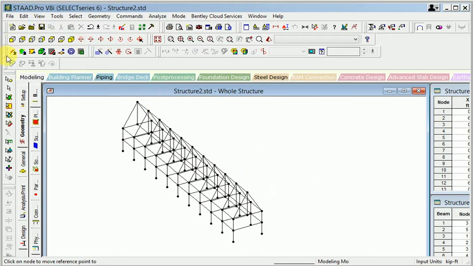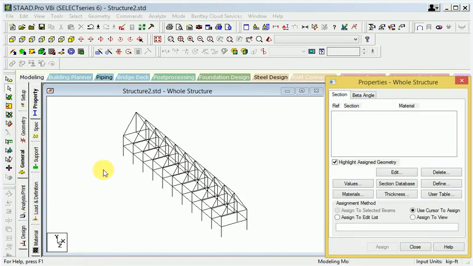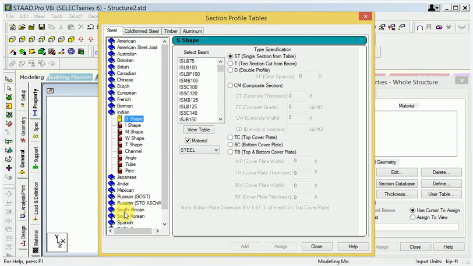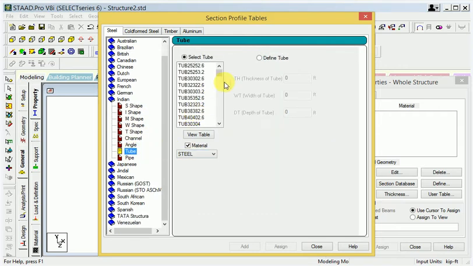Okay, then after I will use the general and apply the section database. So when I get the Indian section here, first of all I use a square tube. There are different sizes of square tube here. When I use 40, 3.6 thickness, get apply, add,